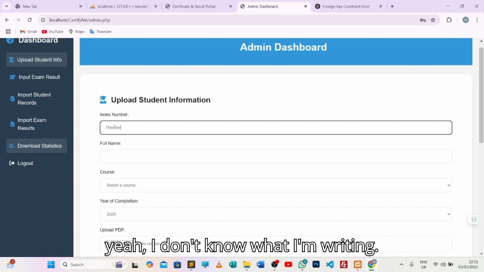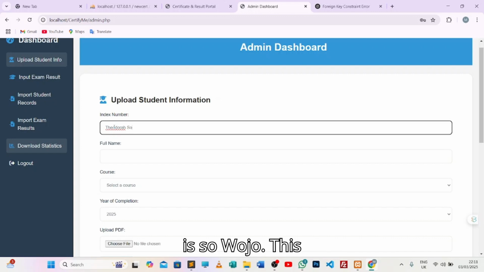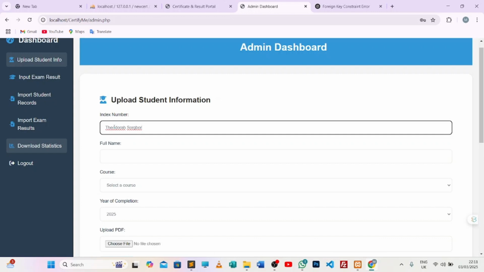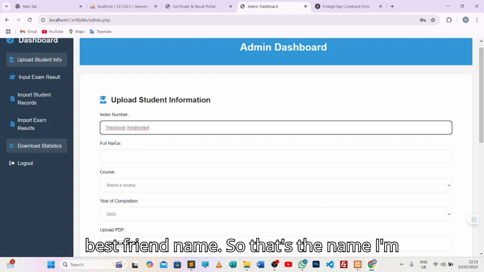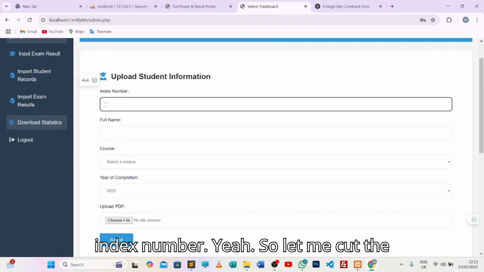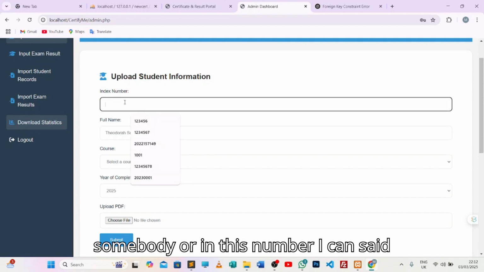I don't know what I'm writing. Okay, yeah, Theodora. The name is Asogbojo. I'm spelling her name. So I think, yes, it will be very bad if you forget your best friend's name. So that's the name I'm giving. Oh, instead of name, it should be the index number. So let me cut the name and rather paste it here. Okay. So for Asogbojo, the index number, I can say